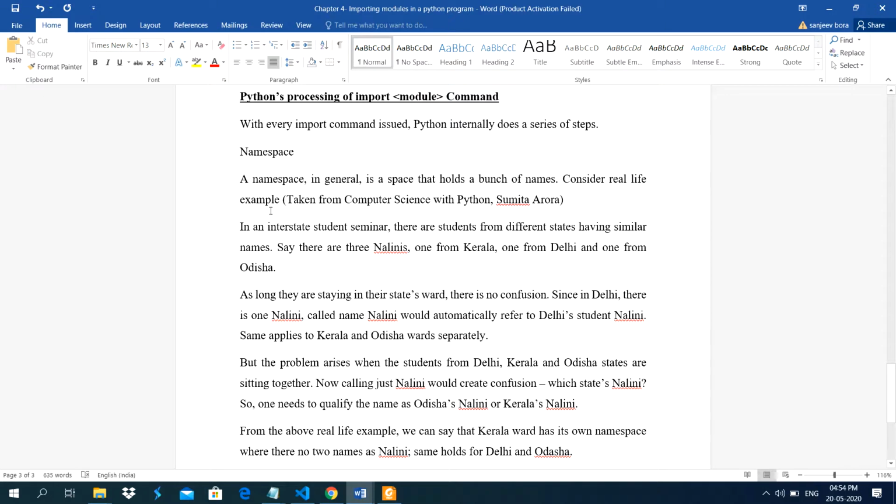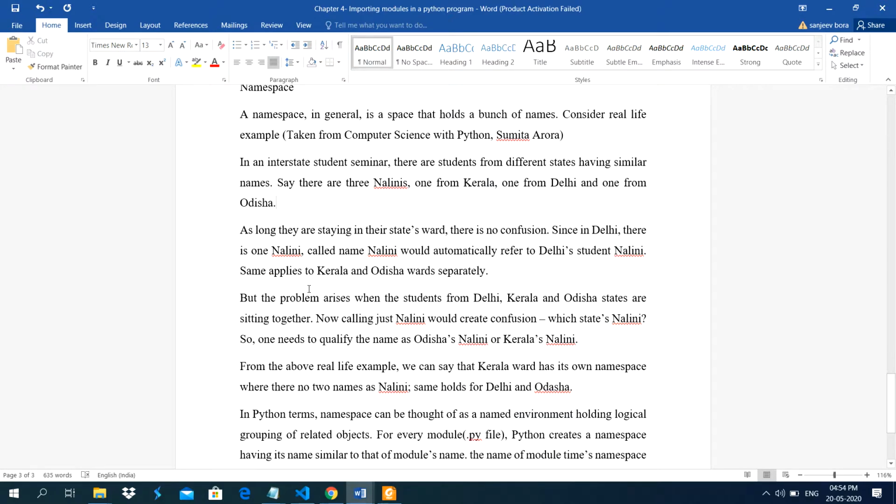Consider a real life example. I have taken this example from the Computer Science with Python book by Sumita Arora. I can give you a different example, but at present I am going to explain only this one. One seminar is there, and the students are from different states. So there are three Nalinis: one from Kerala, one from Delhi, and one from Odisha.